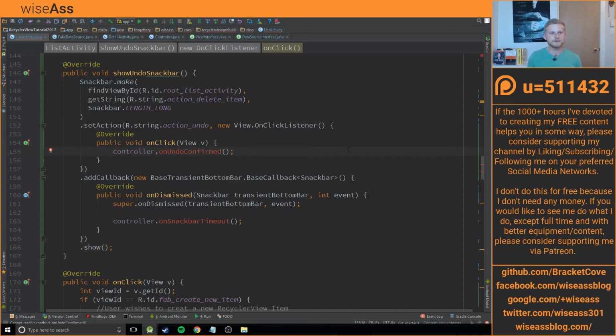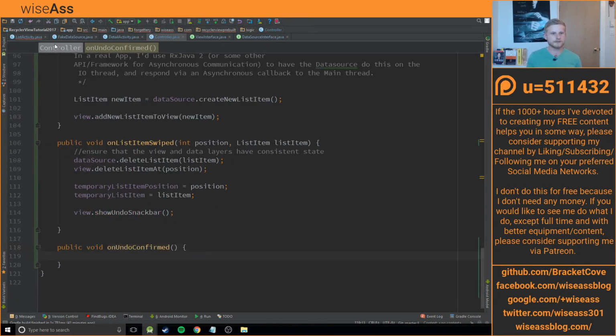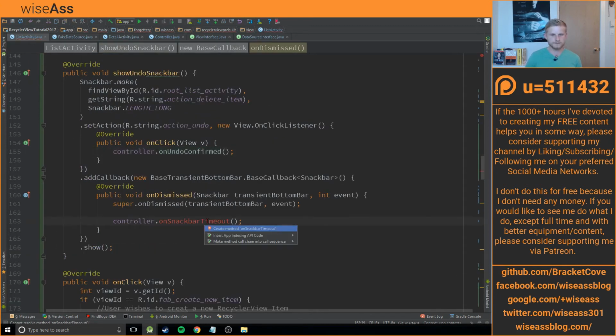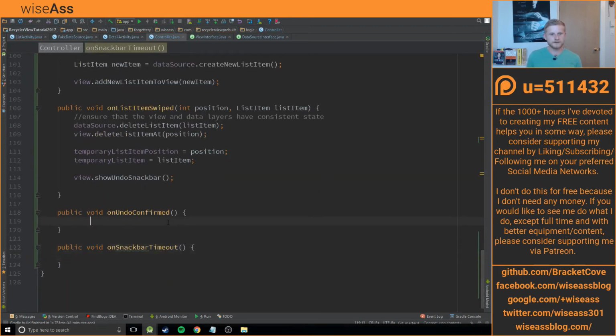I'm just going to add both of these methods to the controller, then we'll jump in and create it. So yep, got that there, and then I'll add this one too. All right, so we've first got onUndoConfirmed. So what we're going to do is when we've confirmed that the user has decided that they don't actually want to delete whatever they deleted,